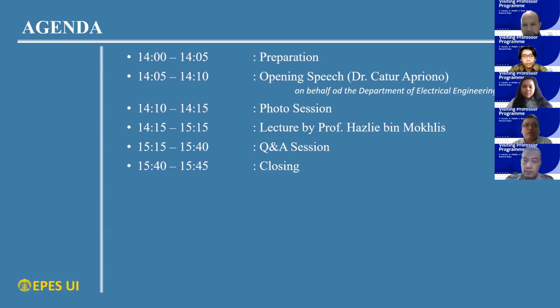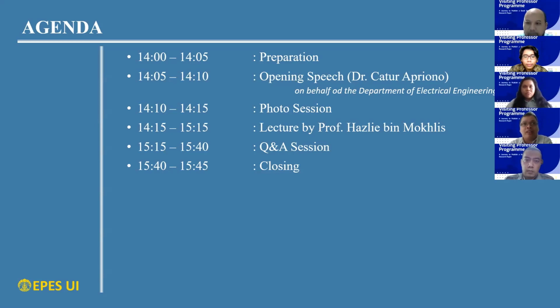Today's lecture is actually very useful for our students because we have subjects that are mandatory for students to publish their research work. In our master program, students have to publish at least one international proceeding paper. And for the doctoral degree, we actually have 2 schemes. First is PhD by course, where students have to publish at least one international journal paper. And second is PhD by research, where students must publish 2 international journal papers.